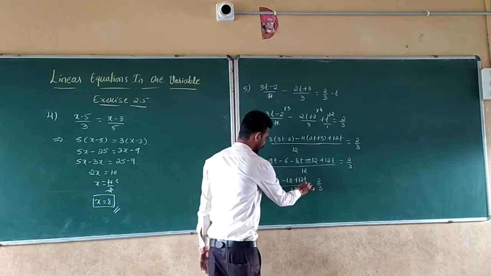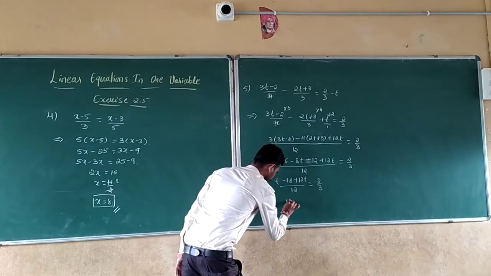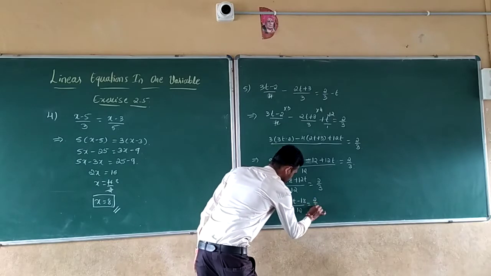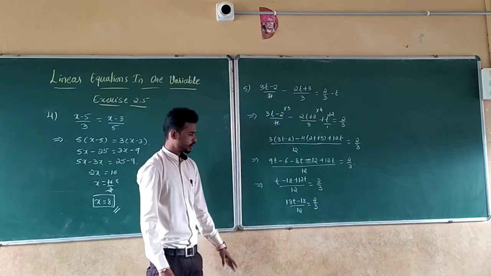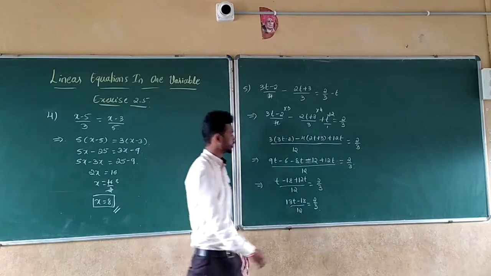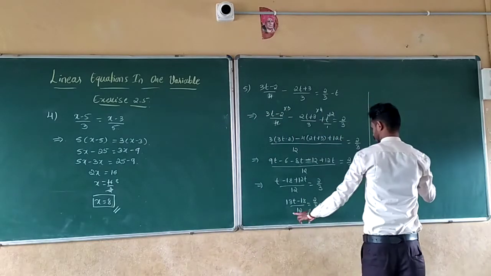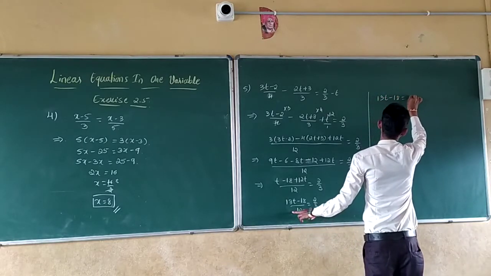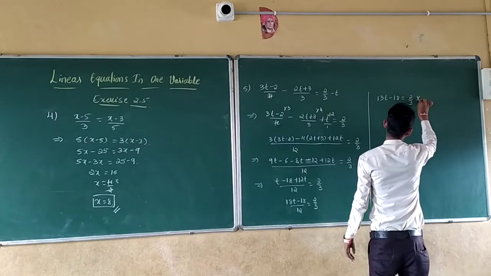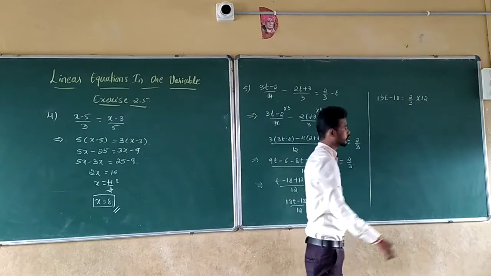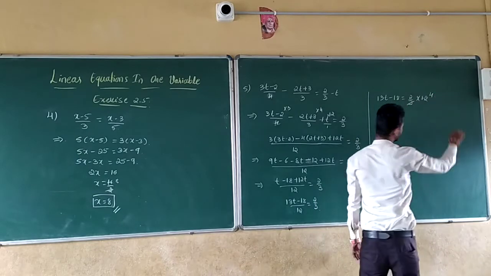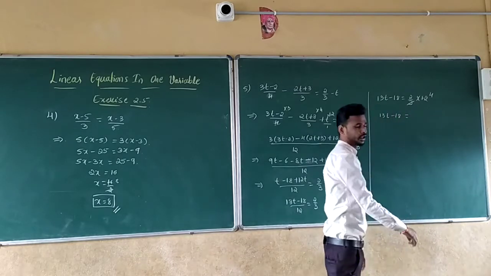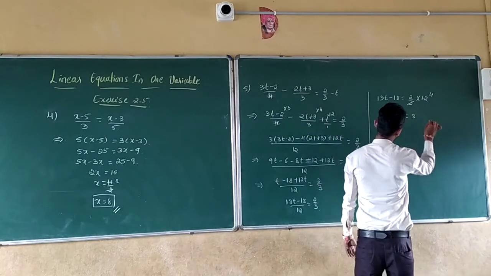So now here t plus 12t, how much you will get? 13t minus 18 divided by 12, which is equals to 2 by 3. Now take 12 to the RHS, that will become multiplication. So that is 13t minus 18, which is equals to 2 by 3 into 12. So here now 3 1s are 3, 3 4s are 12. So 13t minus 18, which is equals to 2 into 4, 8.